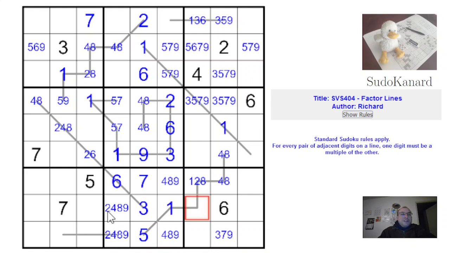Not sure what to do with all of this. Pencil marking is starting to be a little cluttered. I'm not sure where to look. This can be any digit, so